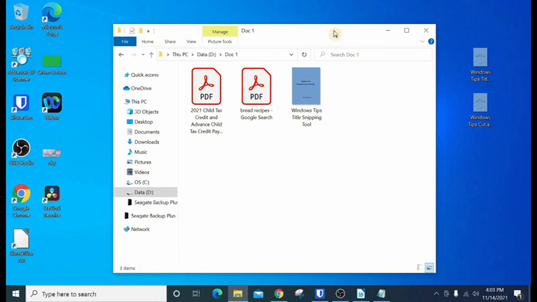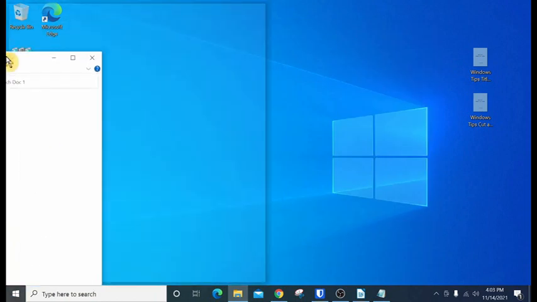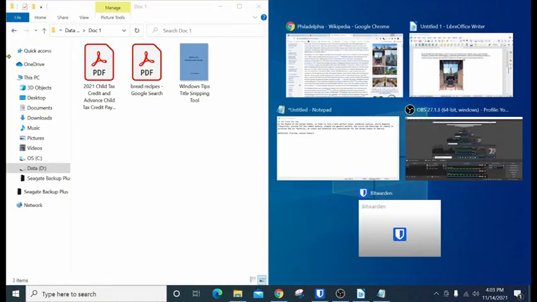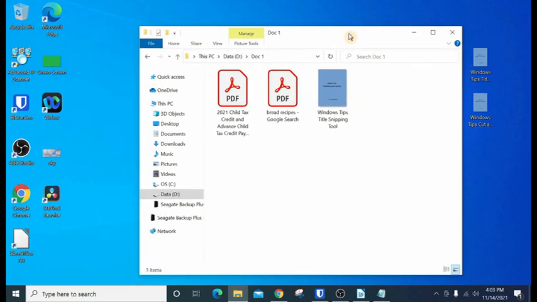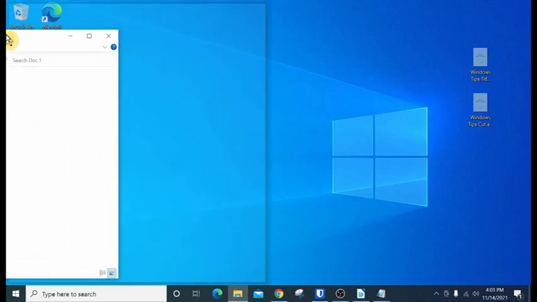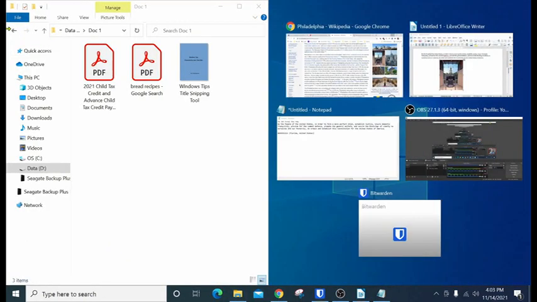Now the other thing you can do is take this window and stretch it over here, and when you go, hold it at the top, keep the left button down and move it over. I'll show you that again. Click at the top, press and hold, and move it to the left. And you notice the size comes up in like a phantom window, and when I let go of the mouse, it sizes it to that